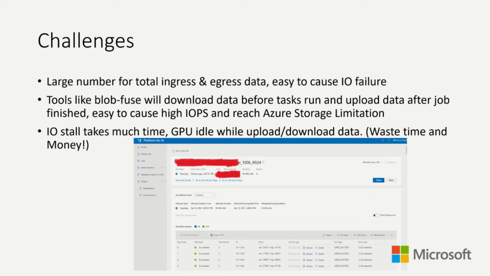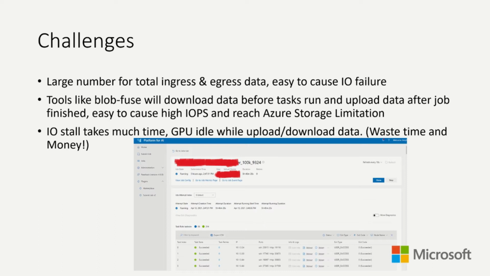But in our case, a single job contains about 400 tasks, and our tasks almost all start at the same time. So at this point, all tasks download the file into local storage. This causes high IOPS and easily hits the read limit of Azure. It's the same when you close the file.